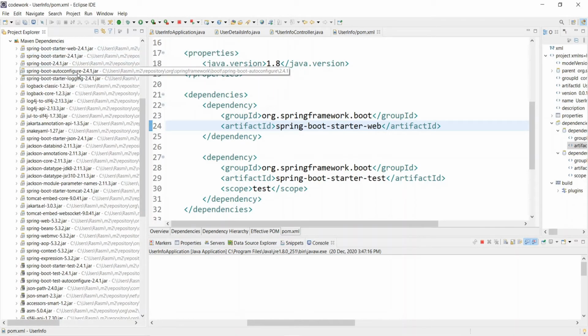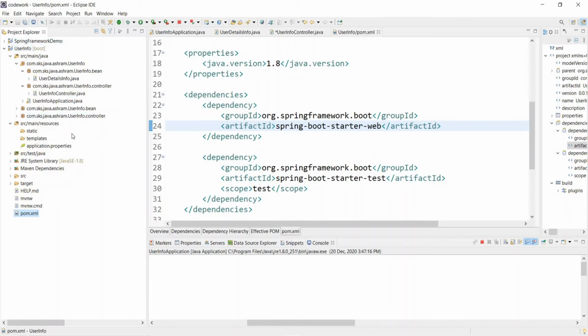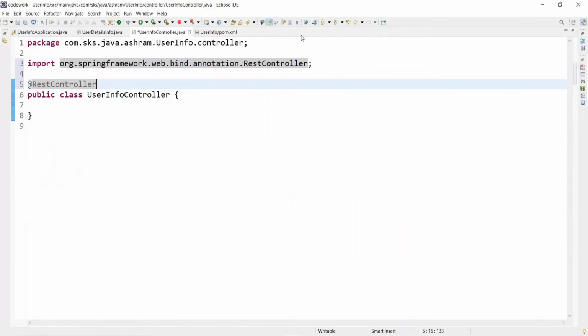Spring Boot takes care of all these things, and you don't need to bother about that.